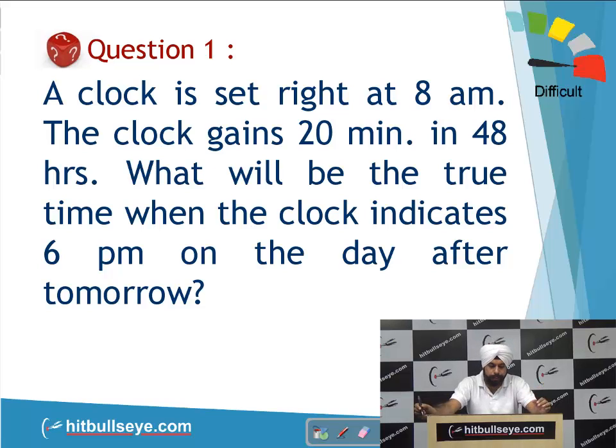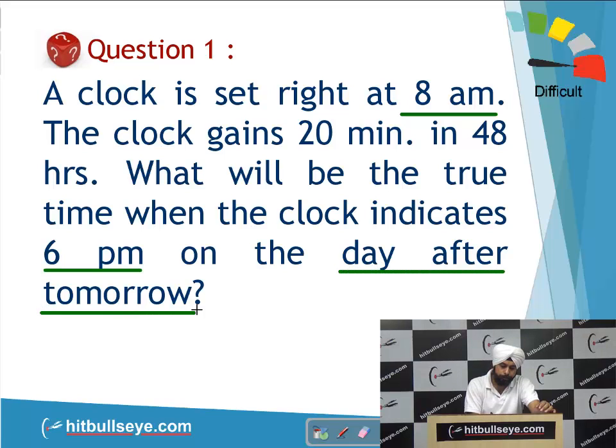Now, hopefully, as you have gone through this question, let's solve it here. So students, the clock was set right at 8 a.m. and then 6 p.m. on day after tomorrow. We know from 8 a.m., the next morning, and in the morning after that it is 24 plus 24, a total of 48 hours, plus 10 more hours from the morning 8 till evening 6. So it becomes a total of 58 hours.